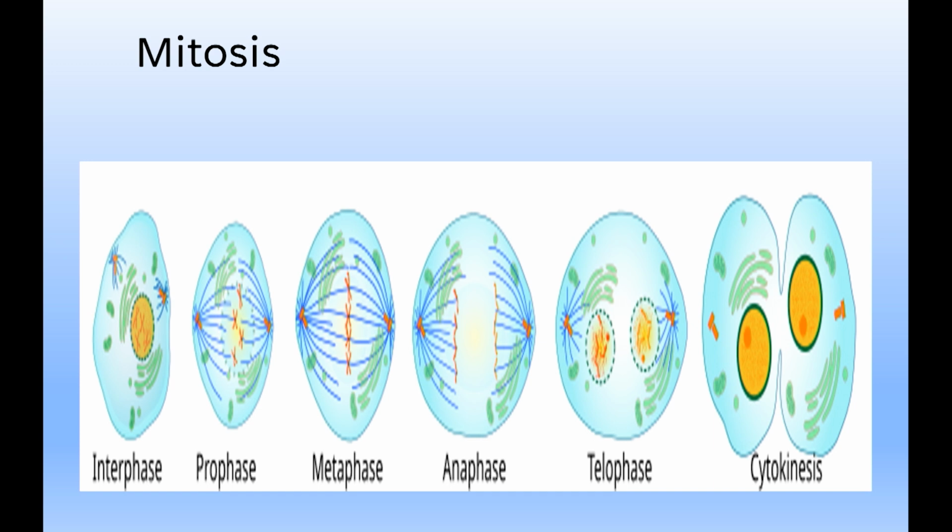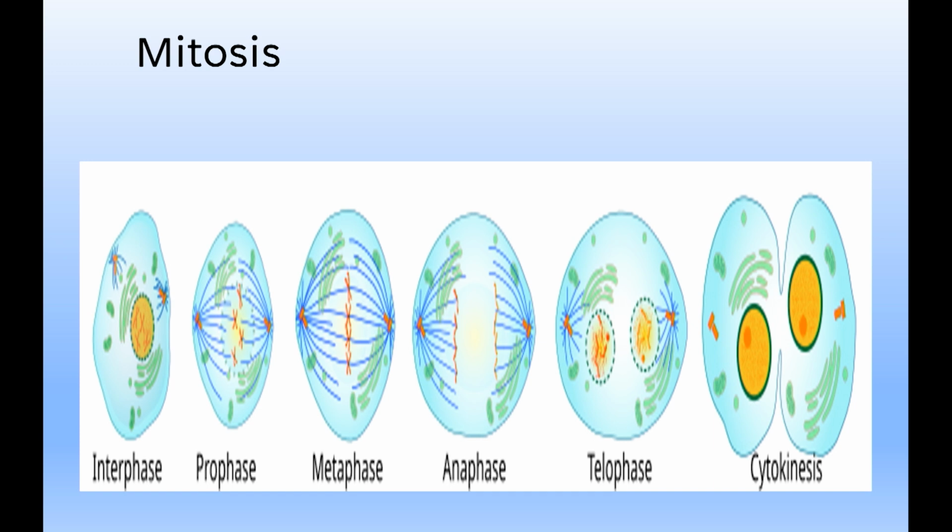Okay, what else is happening during prophase? Well, look at these blue lines that are kind of spread throughout the cell. Those are called spindle fibers, and they're attaching to the chromosomes and lining them up. Kind of imagine controlling a puppet with strings. That's kind of what's going on here. We push and pull the chromosomes around using those little blue lines, which are called spindle fibers, okay?